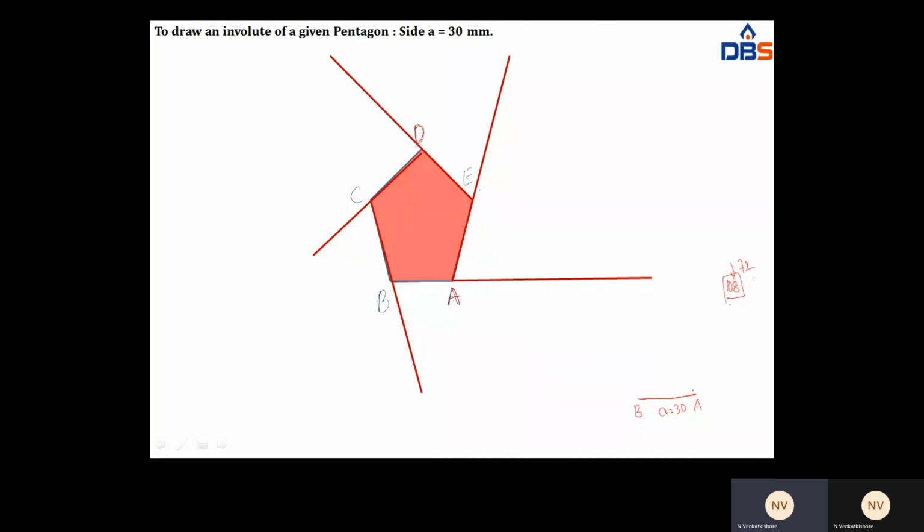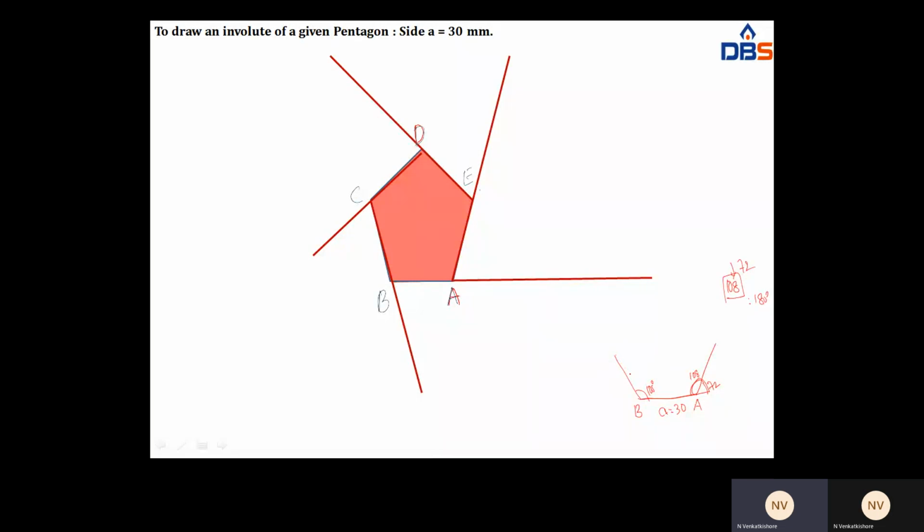So you put an angle from A as 108, and from here also 108, or otherwise 72, which means this is the outer 72. Total, what is the angle? 108 plus 72, that is 180 degrees. So here the total angle is 180. From the inner side it means 108, outer side means 72.